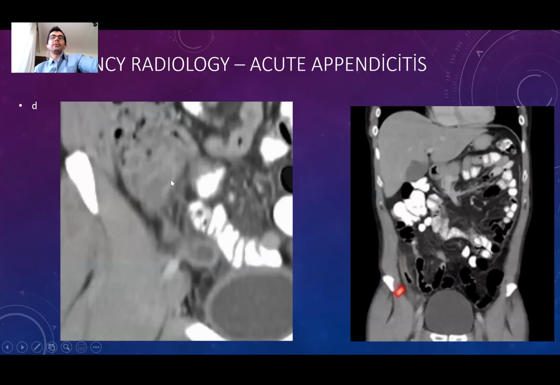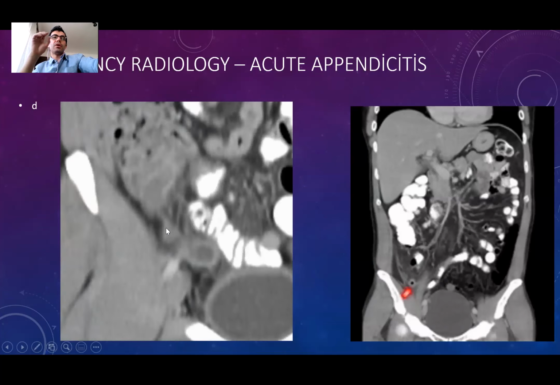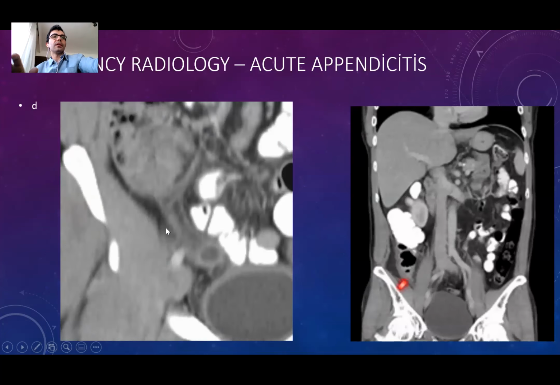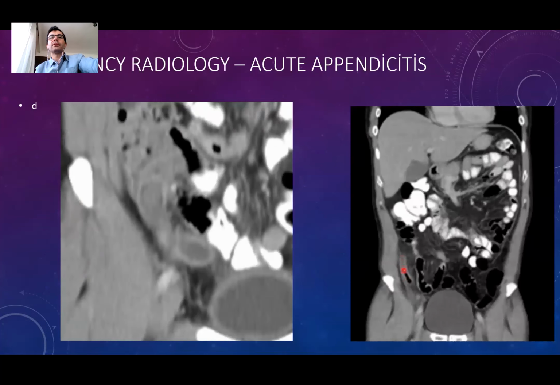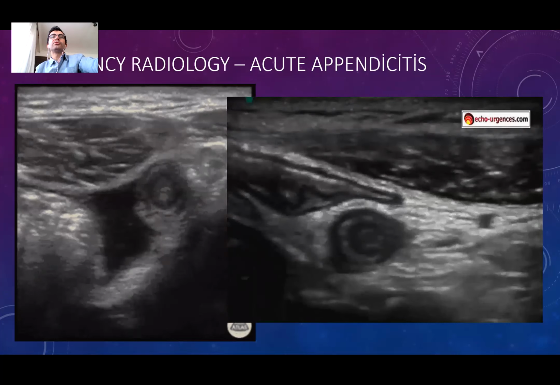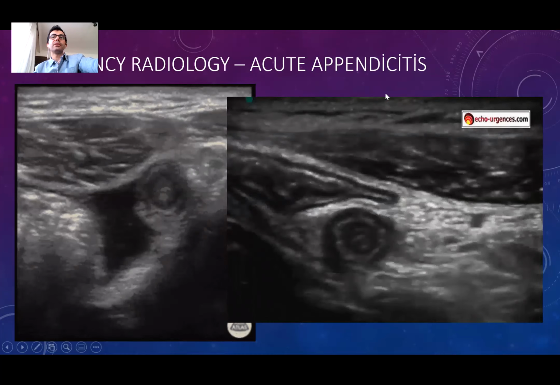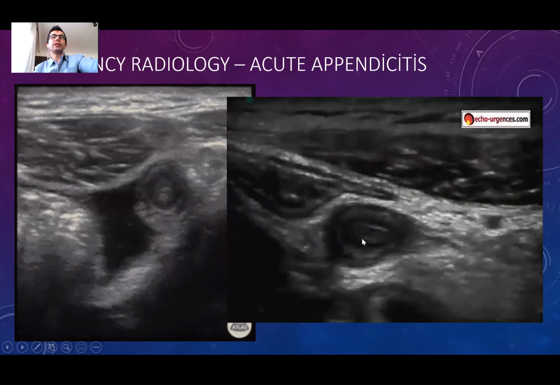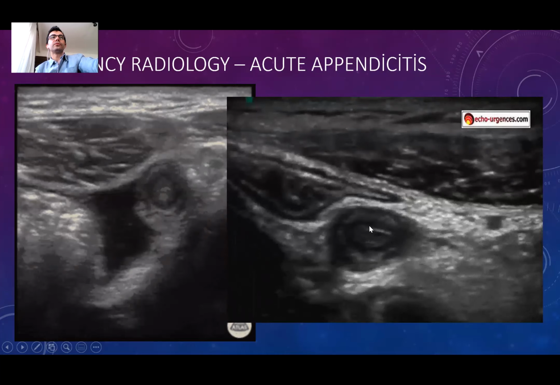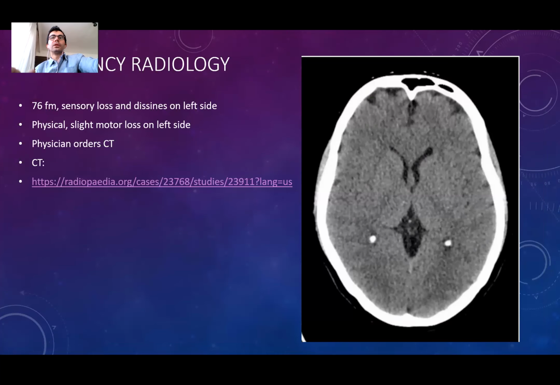So when it gets inflamed, it swells and has fluid inside, and it obviously gets bigger than a centimeter. The ultrasound appearance is like this. The wall is thickened, it's much thicker than the rest, and it has fluid inside. Okay,